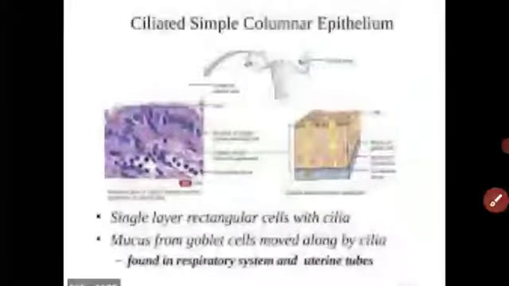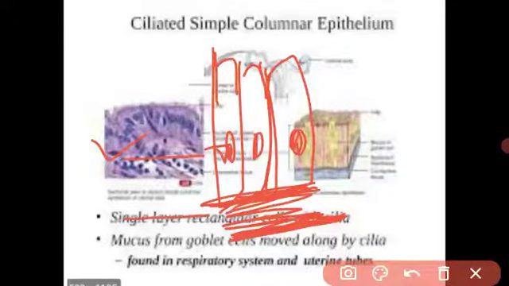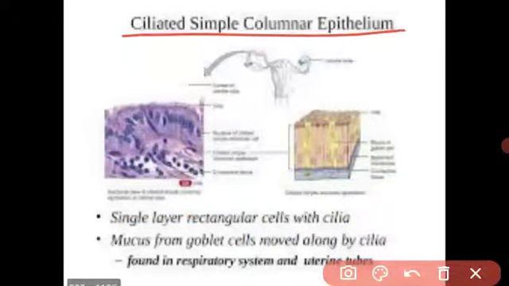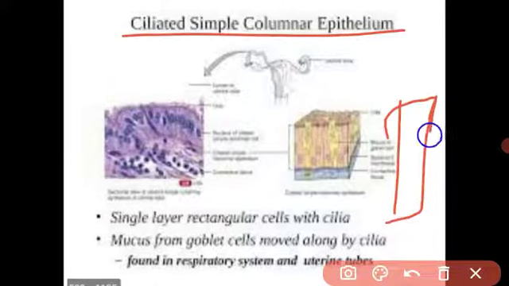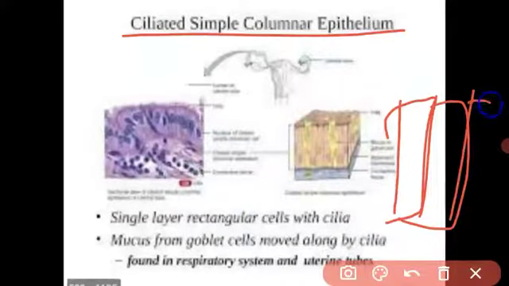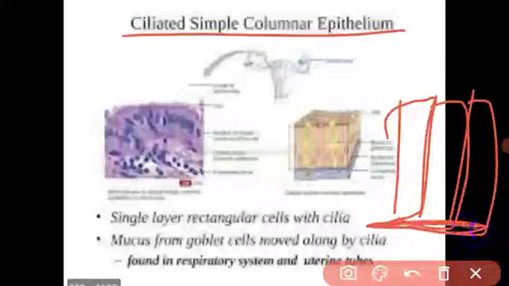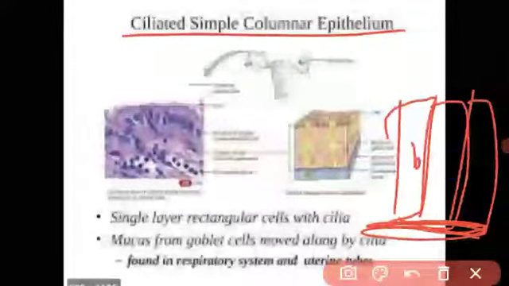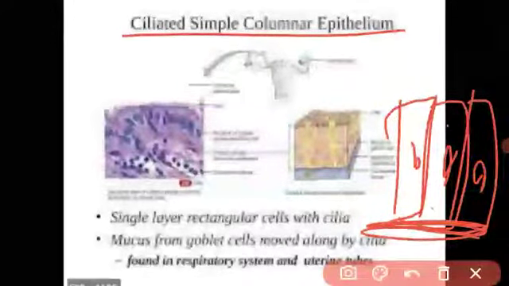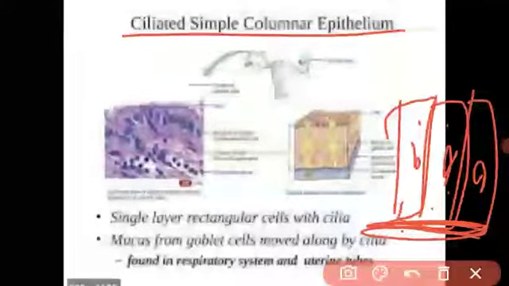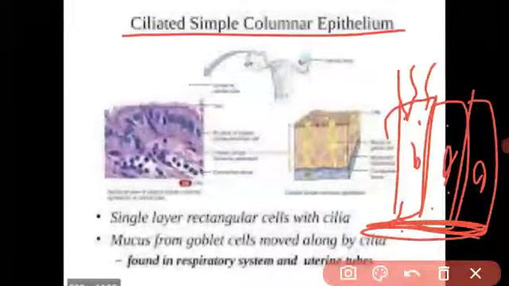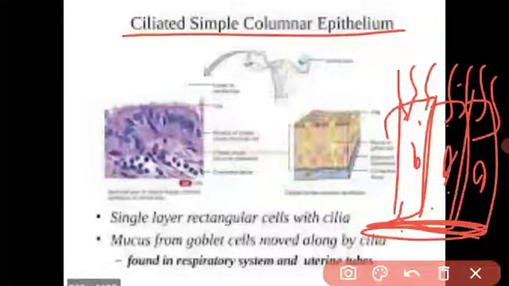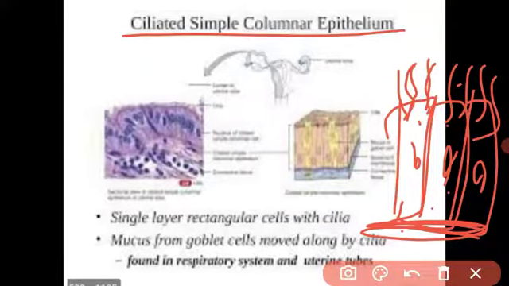The next type of epithelial tissue is the ciliated columnar epithelial. Means the tissue is column-like, the same column-like structure. But what is the difference? It also lies on the basement membrane. The nucleus is present in it, cytoplasm is also present in it. But what happened? On the column the cilia are present. Hair-like projections are present over the column. This is called the cilia. This is also a single layer of rectangular cells, and cilia are present on the column.